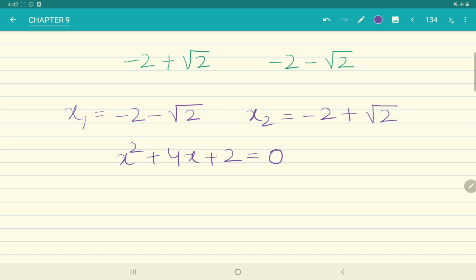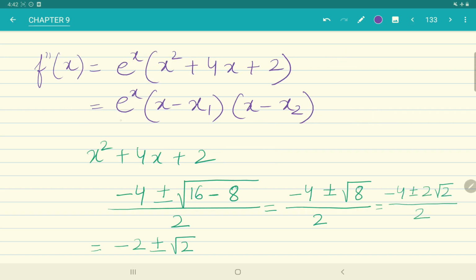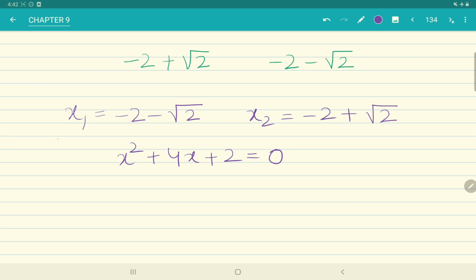And if we take a look at the sign diagram again, for that we have to be clear about, we can think of this term and then this term, and then we can think of their product and have a look at the sign diagram. Now from this I know that the function f has got inflection points at x is equal to x1 and at x is equal to x2, wherein x1 and x2 are these. I can just write f has inflection points